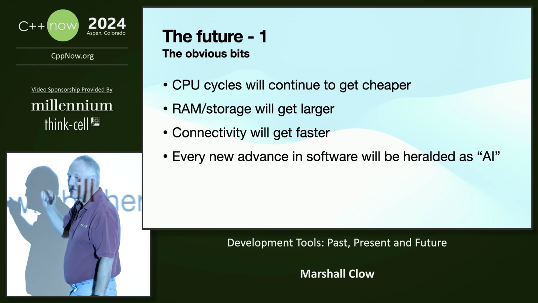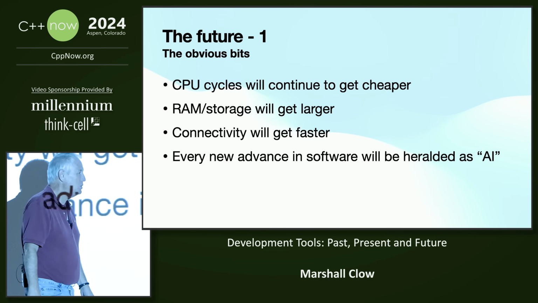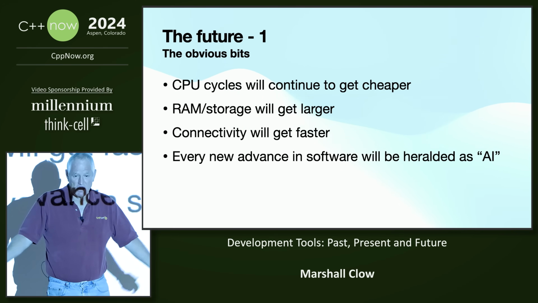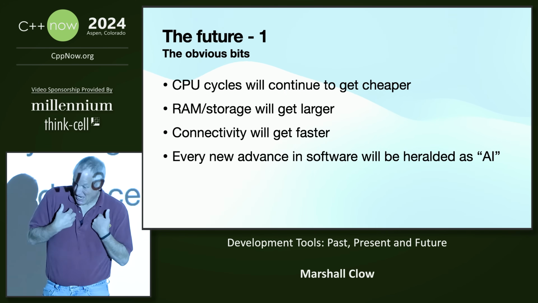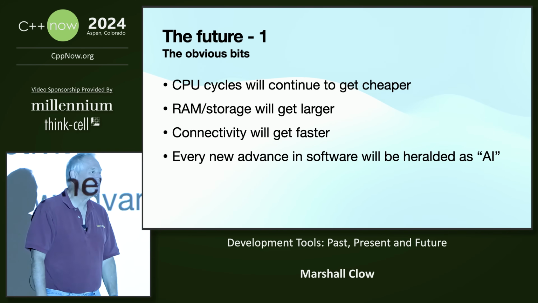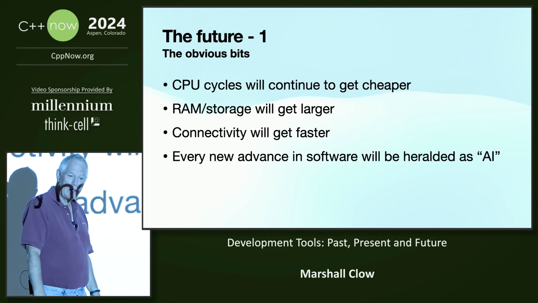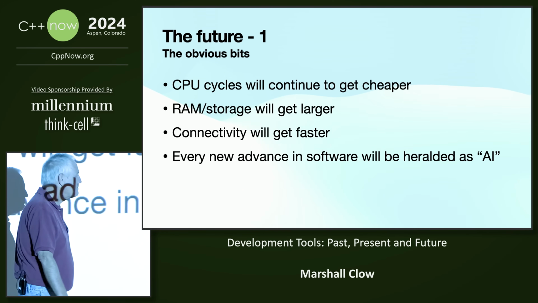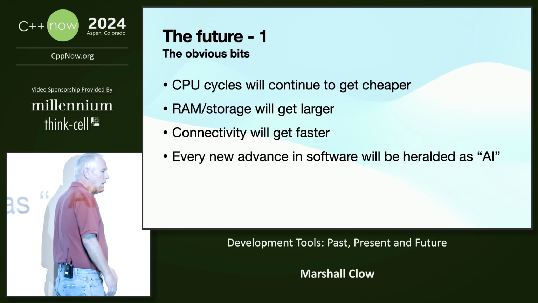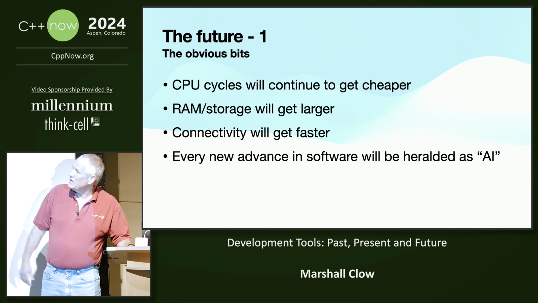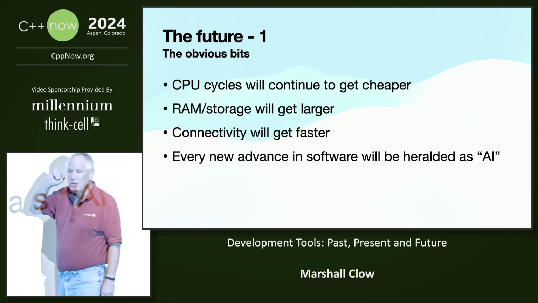CPU cycles will continue to get cheaper. Compute farms will continue to get bigger. 1 million CPU hours in what? How long does a PhD program take? Lisa? Come on, you got a PhD, I don't. 7.5 years? 7.5 years, okay. Still, that's 150,000 CPU hours a year, 130, something like that. That's a long time. I mean, that's a lot of CPU hours. And to give you an idea of how much CPU cycles will continue to get cheaper, faster, whatever,